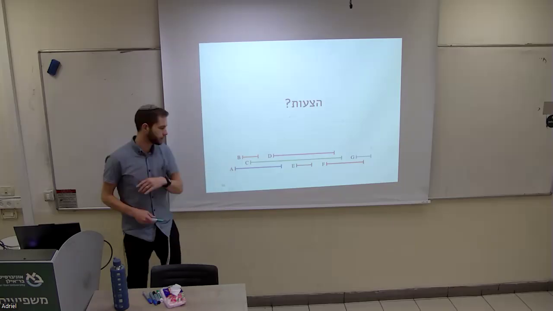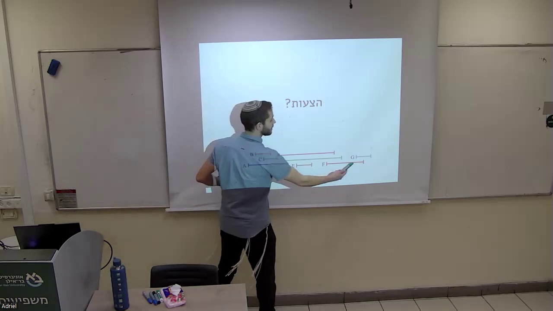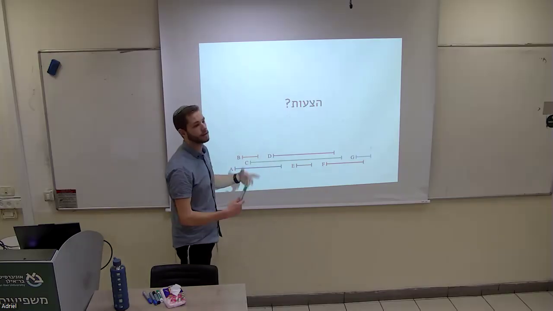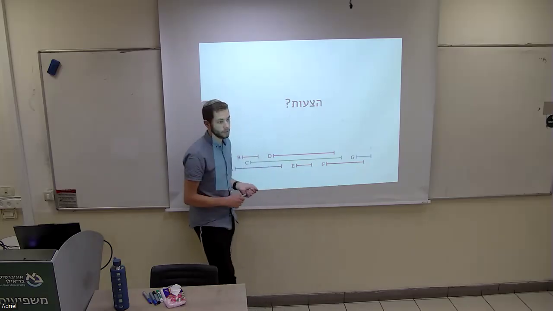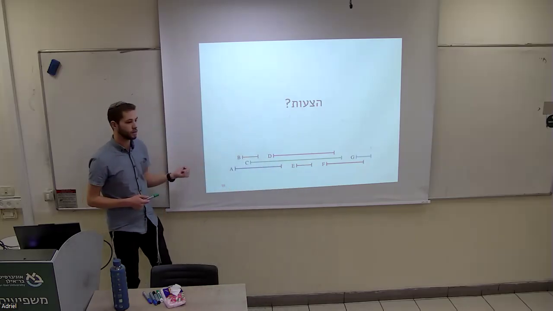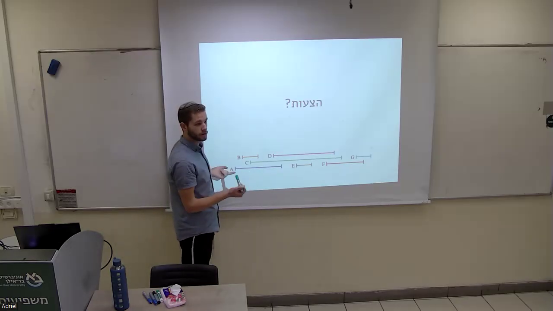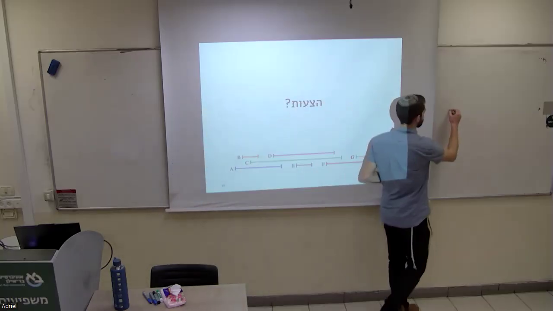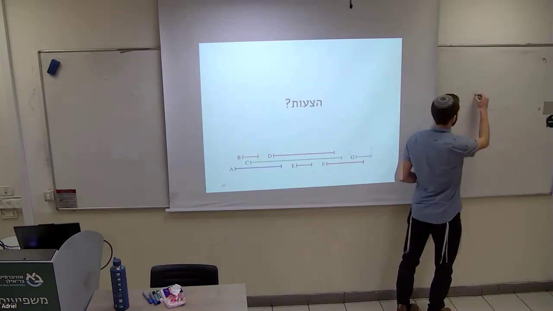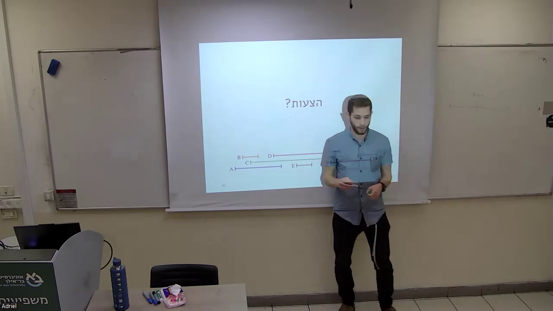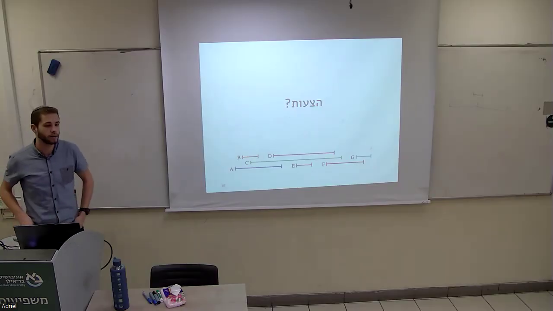So the problem with it starting first is it could be really, really long. Could be that A goes all the way to the end. If A goes all the way to the end, you take A and you're done. You can't take anything else, when really you could take B, E, and F. So you can't take the earliest starting time, because it could be really long. Also, if you took the shortest, it wouldn't work. Why wouldn't it work? Because let's say you have two different activities, and you have the shortest one that overlaps both of them. Your issue is that you take that and then you'd only have one instead of two. That also doesn't work. So what else can we do?